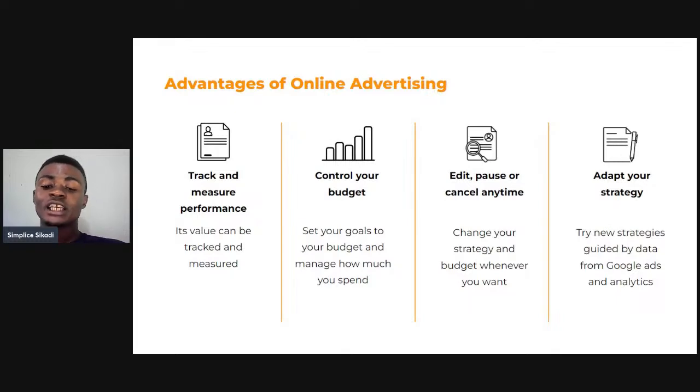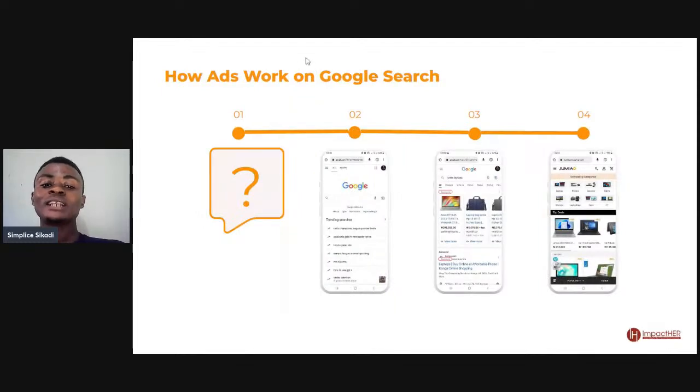And another advantage again is that you can adapt a new strategy, meaning that you can use the information that you got from your insights. Don't worry, we're going to be looking at insights very soon, right? You look at the information that you will have from your insight, and be able to adjust your strategy to the market. Now, don't worry if you didn't pick that. We're going to be going to that soon, right? So those are some of the advantages